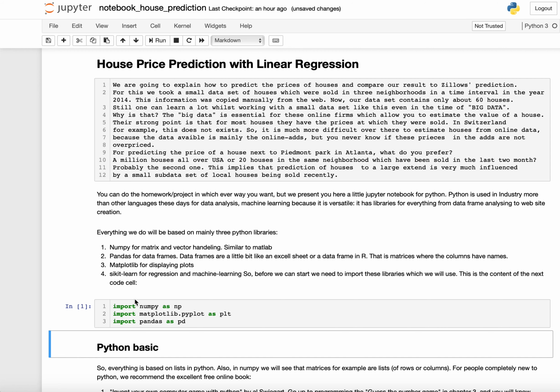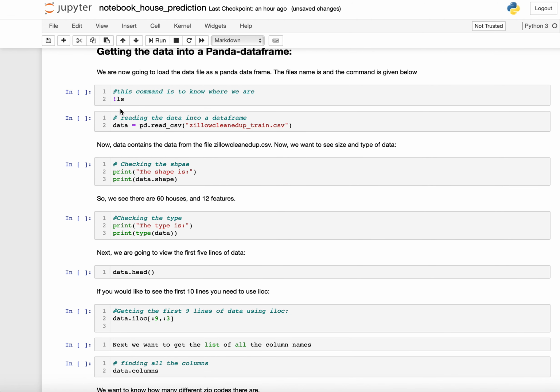Okay, so here first, import all what we need as usual. Python basic, we saw it in the last video. NumPy, we saw it in the last video. So getting the data into the Panda data frame. So here data, now data is PD stands for Panda, read CSV, and here I have the Zillow cleaned up train CSV. You need this file in your working directory,